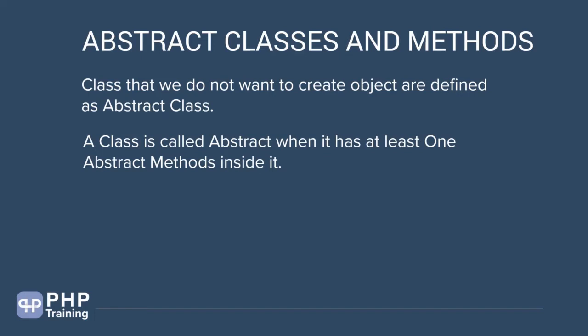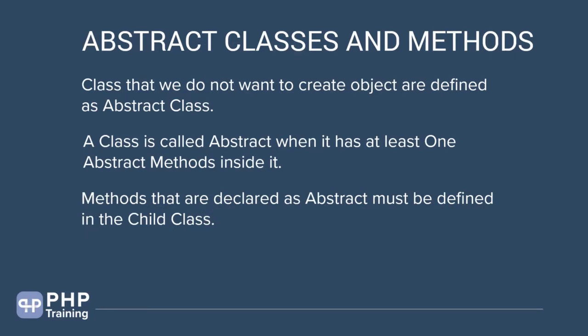And how does it become an abstract class? When you put the abstract keyword on a method, that class itself will become an abstract class. Which means when you define a class and any of the methods is abstract, you can access that method without an instance. We're going to do an example so you understand this concept.